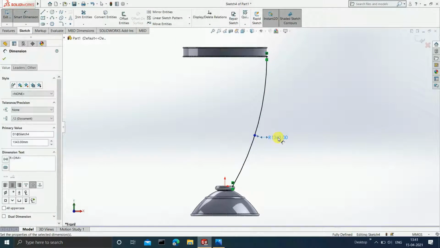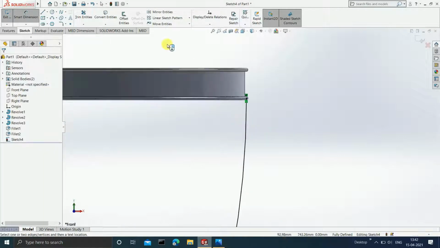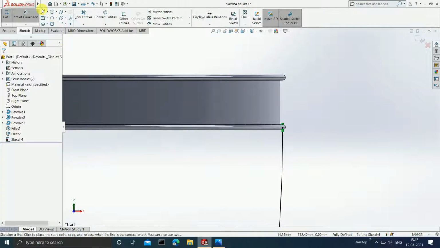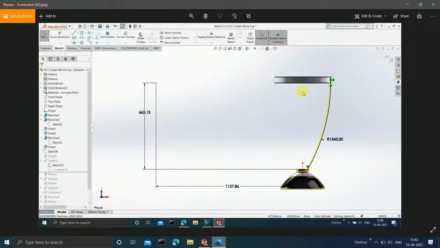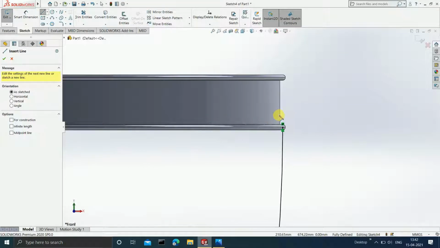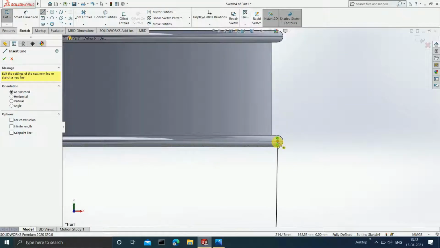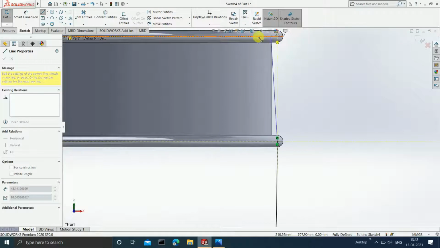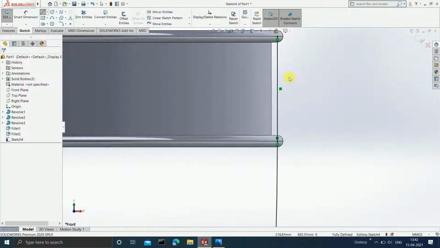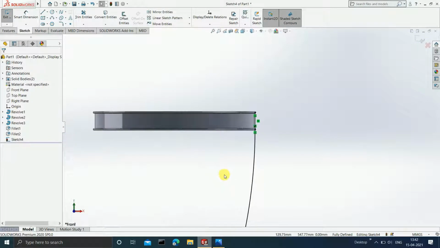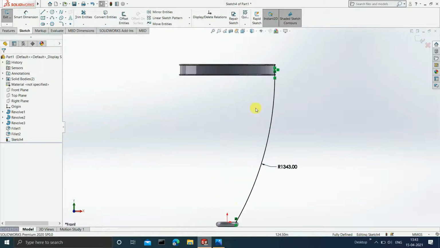Okay. Now after this thing is done, you have to now draw a vertical line. Where is this vertical line? See, this particular is a vertical line which is present over here. So I'll just draw a vertical line from here, intersecting with this particular horizontal line. Okay, click on escape. Now once this is done, guys, your curve is now ready. For the swept boss base, the path is ready. Now you have to design the profile.